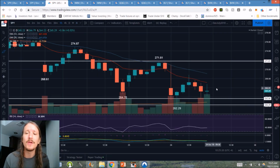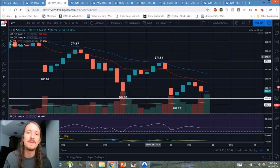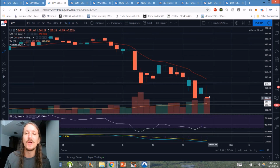and it's going to be pretty clear first thing: oops, we broke support, we're heading back down to test the lows, or, all right, we broke resistance, now we're going to see if the bulls can break the 4-hour lower high pattern and get a bounce going. If we change the hourly trend, I then zoom out to the 4-hour time frame and watch the clear downtrend there. If we break that lower high, that key 271.81 level, I zoom out to the daily chart